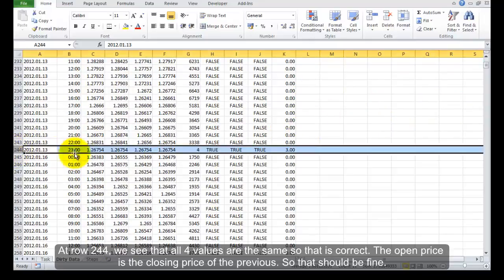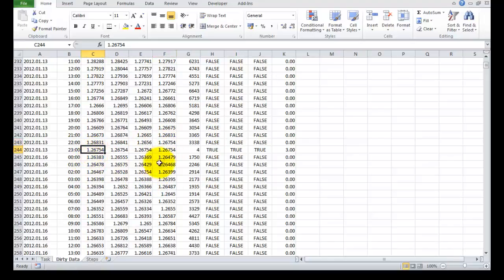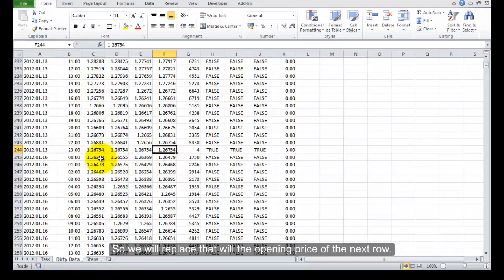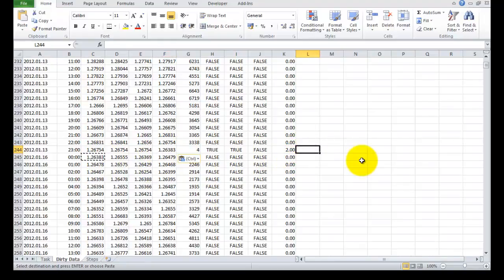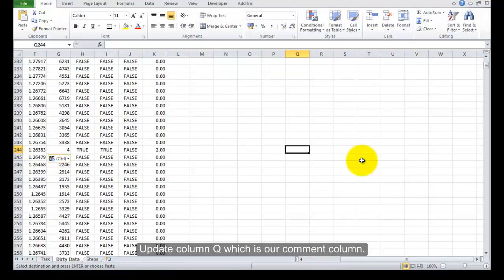On row 244, we will see that all 4 values are the same, and that's correct. The open price of this row is the same as the closing price of the previous row, so that should be fine. The closing price is not the same as the opening price of the next row, so I will assume that the closing price is the one that is wrong. So I'll replace that with the opening price of the next row. In column Q, which is our comment column,